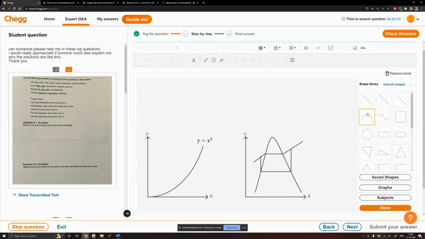Now to draw the arrows, use this arrow shape, make it small. The advantage of this is if you move it completely to the left, the direction the arrow is pointing also changes. So this is going to snap here.